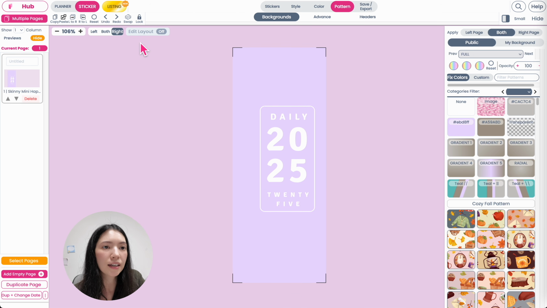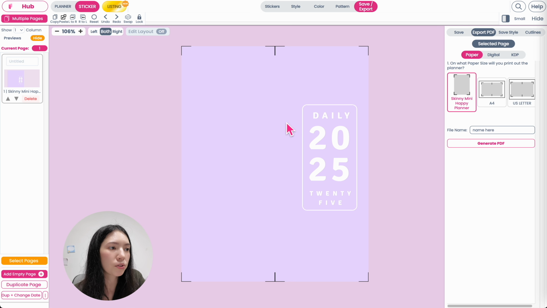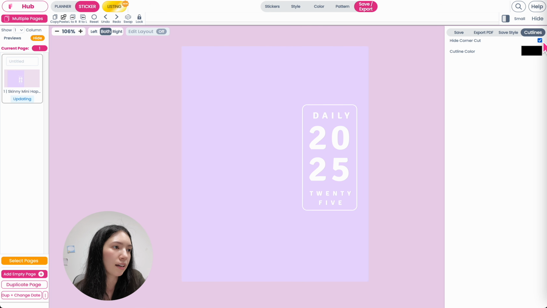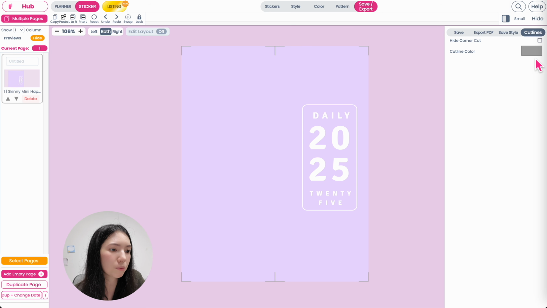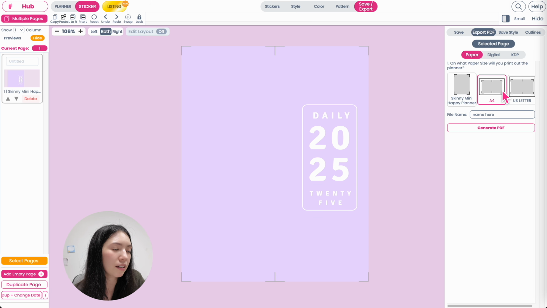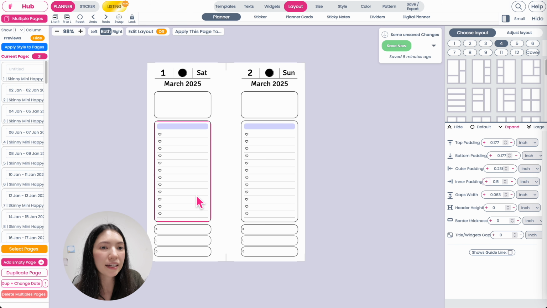This is how it looks like. Let's click here on both, like this. Now let's go to Save Export. I'm quickly going to show you how you can export it. So you can go here, click on Cut Lines. Maybe let's make the cut lines slightly gray so it is visible but not too visible. Then we go to Save Export and then you can select any menu, will be fine, and click on Generate PDF. Let's go back to our daily planner,